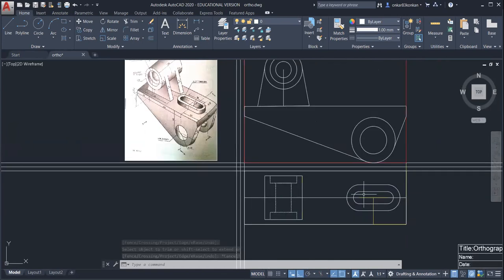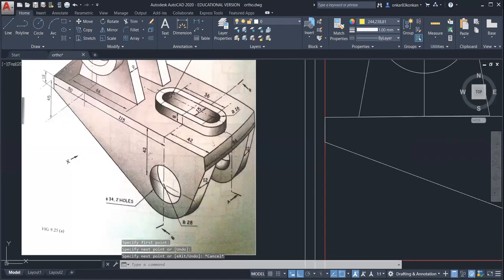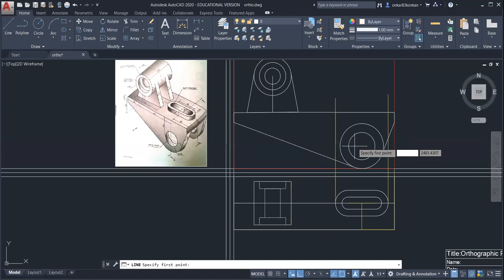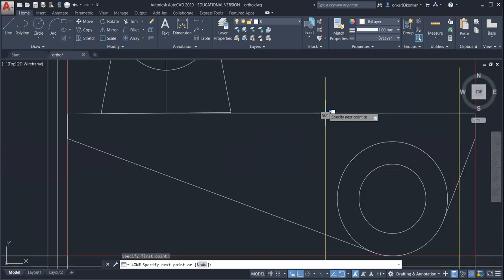And now you can take the projection. In the front view, if you observe from the X direction, this feature will just appear as a rectangle. Okay. So take the projection in the front view. For this, the height is 8 mm for that rectangle. So you can select here the by layer option, then select the line from this point. Just draw a vertical line of 8 mm, then draw a horizontal line so that you can create the rectangle.